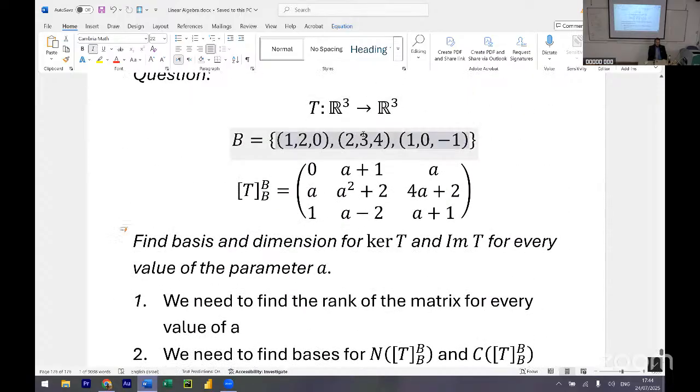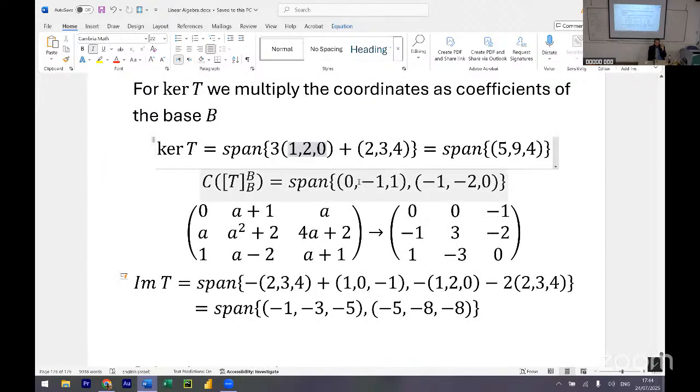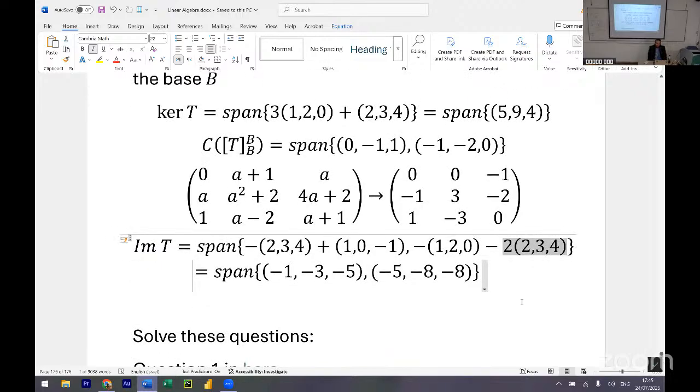So it might have been 3 and 3, not 2 and 2. The reason it's only 2 and 2 is because you have 0 here and you have 0 here. So this is only -1 times the second vector of B plus 1 times the third vector of B. And here, these coordinates translate to minus the first vector and -2 times the third vector. That's the coordinate thing, that's the last step as well.